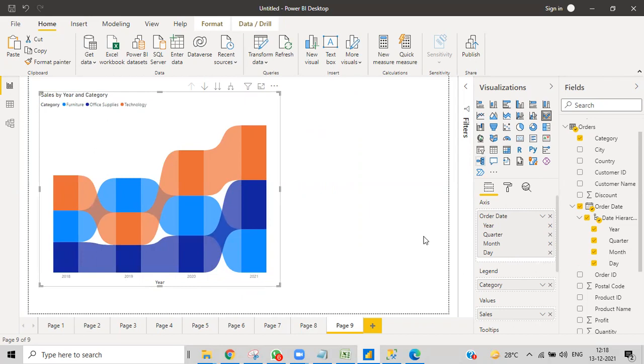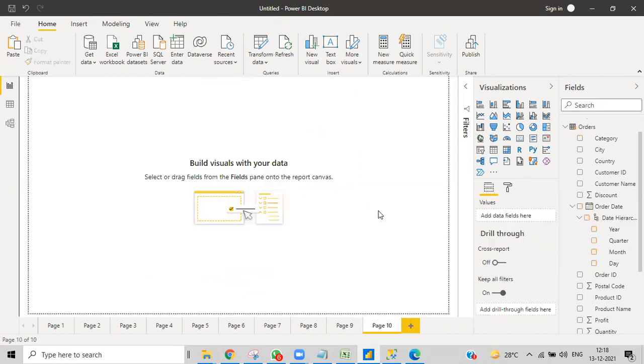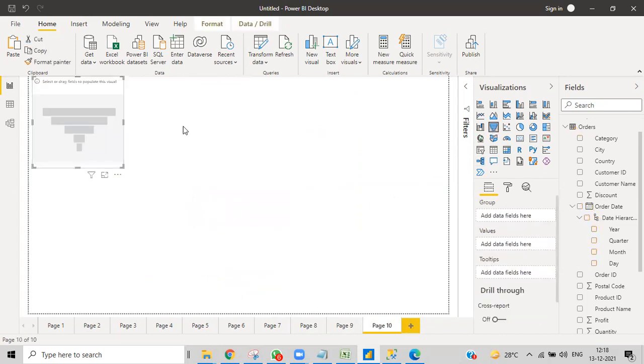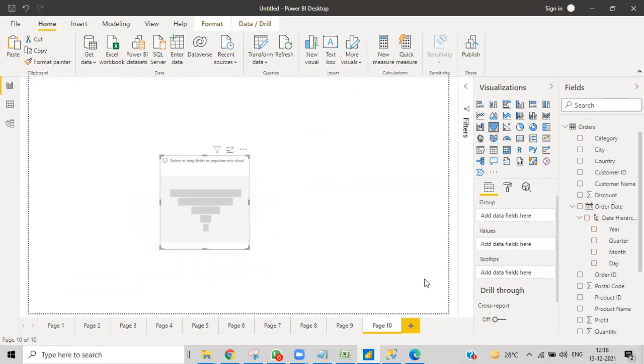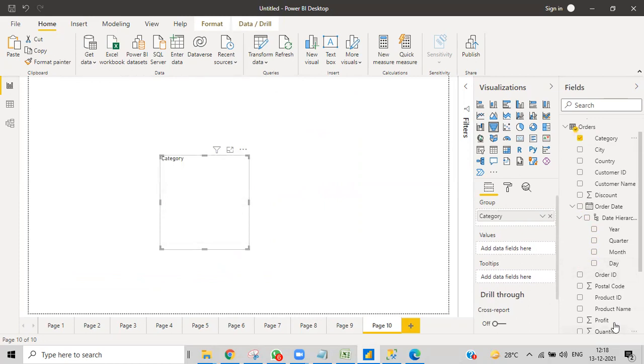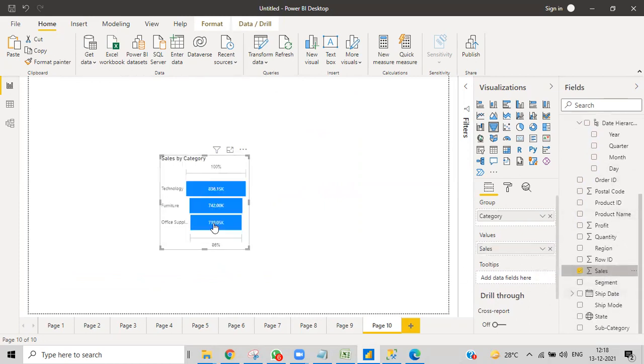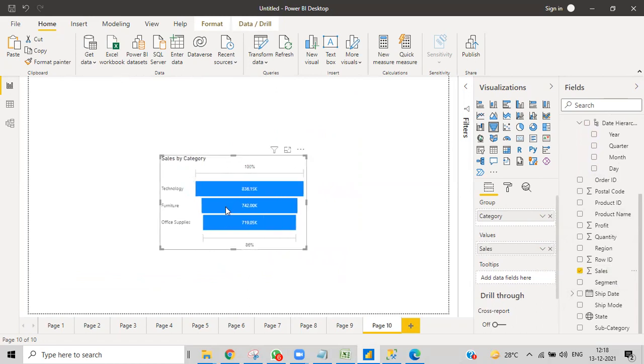Okay, and then coming to here, we have some other visuals. You can see this according to this. It will tell you this is 100%. Let us take this as 100%. The top one will be taken as 100%, and then it will show the relationship of the others to that.